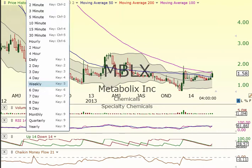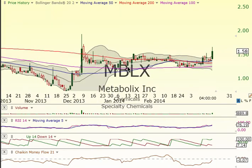So this one looks really good. Let's quickly look at the daily. You see a big candle today. So a big candle today. You get a little bit of resistance at the top of this one, but looking longer term, that's why I